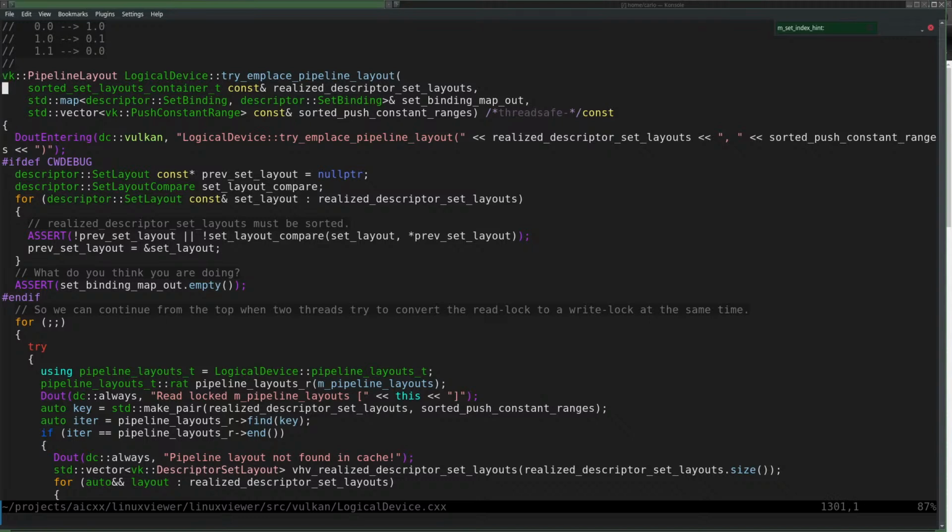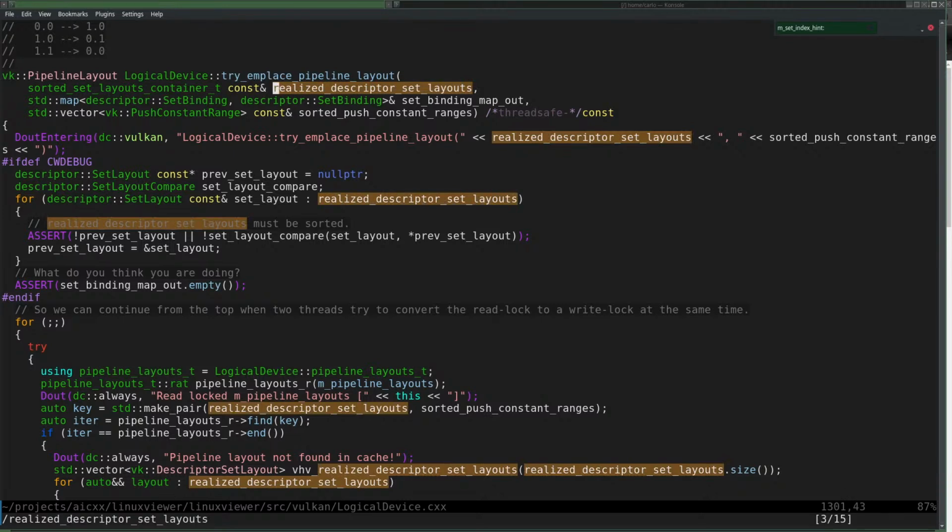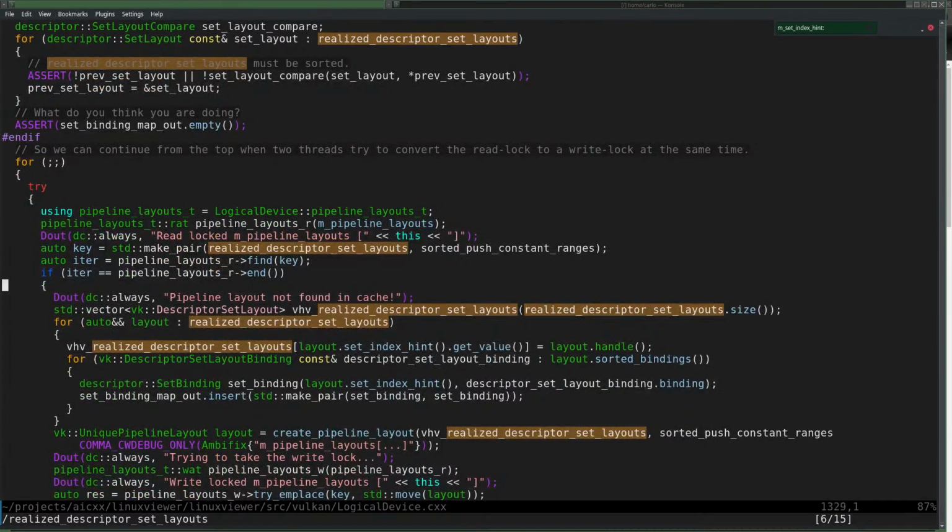So imagine I do not have realized the descriptor set layouts yet. Well, these things are just half finished. Then I think I can still do this find, because that ignores the part that makes it realized.